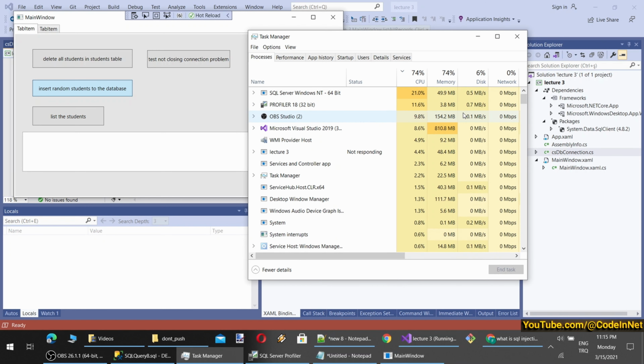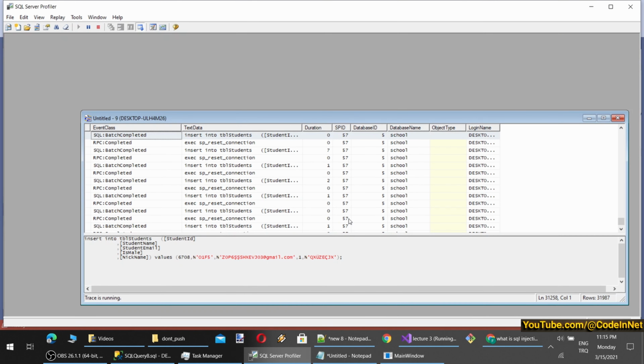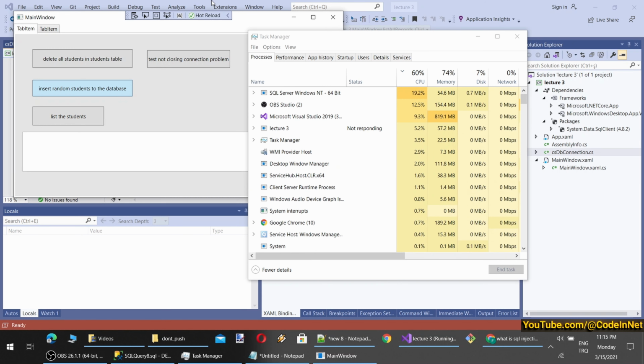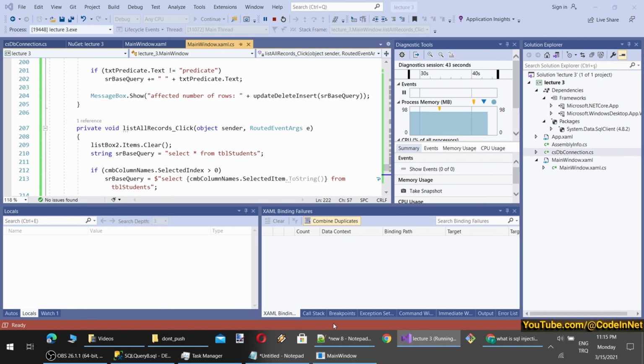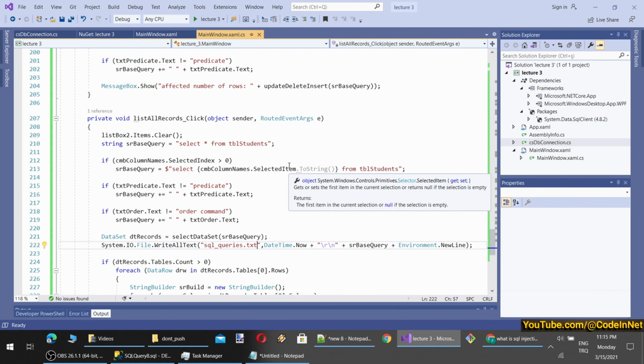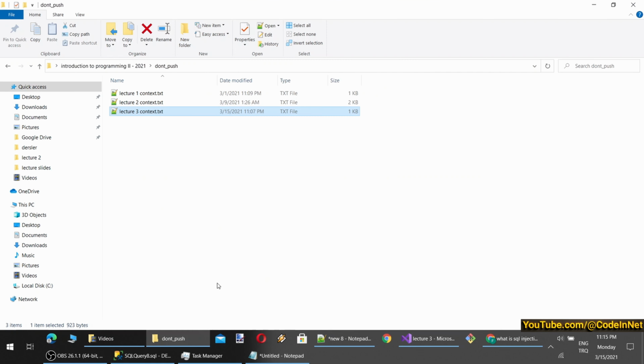You see both SQL Server and Profiler are working. By the way, we can close Profiler because it shows everything, so it is taking CPU. I will make another addition. You see, I am not able to see how many records are added, and my interface is frozen. I think I will show that next week.